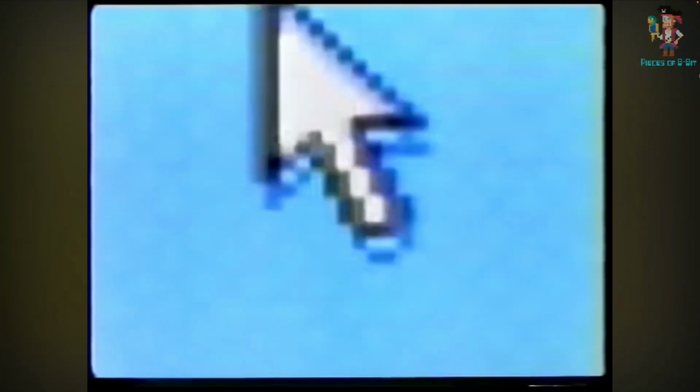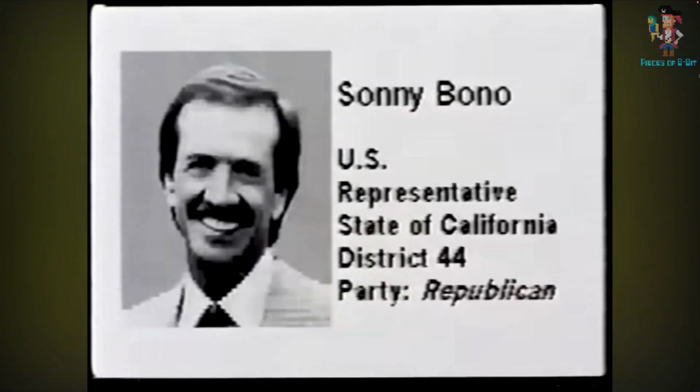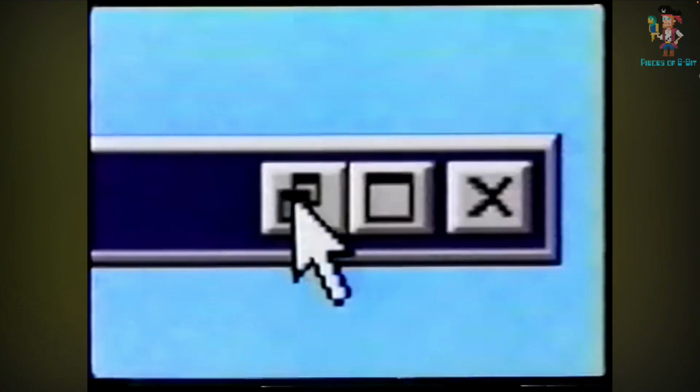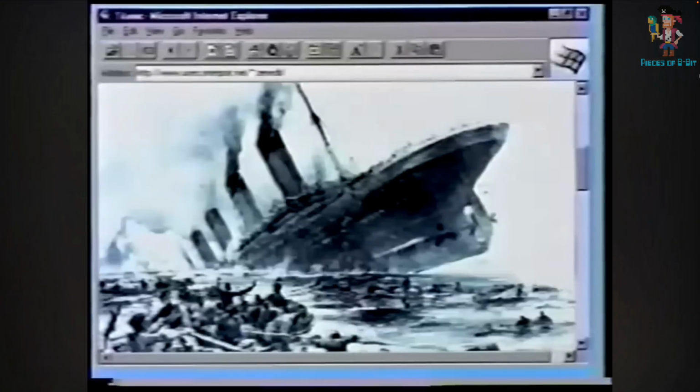It sold 7 million copies within the first 5 weeks, and it was a real cultural moment for PCs, where PCs went from being a business tool to something for the masses, for people who wanted to game or have in their home, and PCs just became completely mainstream at that point. It also introduced the concept of the internet to a lot of people. Obviously in that first version we didn't see Internet Explorer, but in follow-up versions, and also in the Plus version that came out shortly after, you got Internet Explorer 1, and then it supported Internet Explorer versions all the way through to 5 later on.